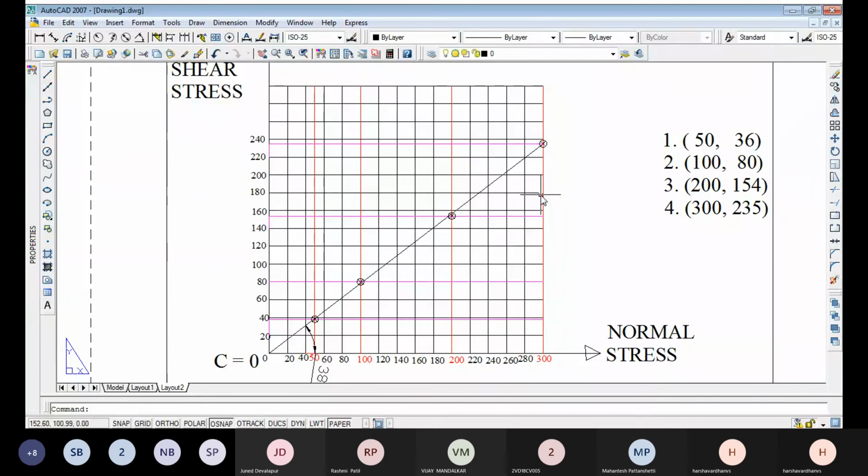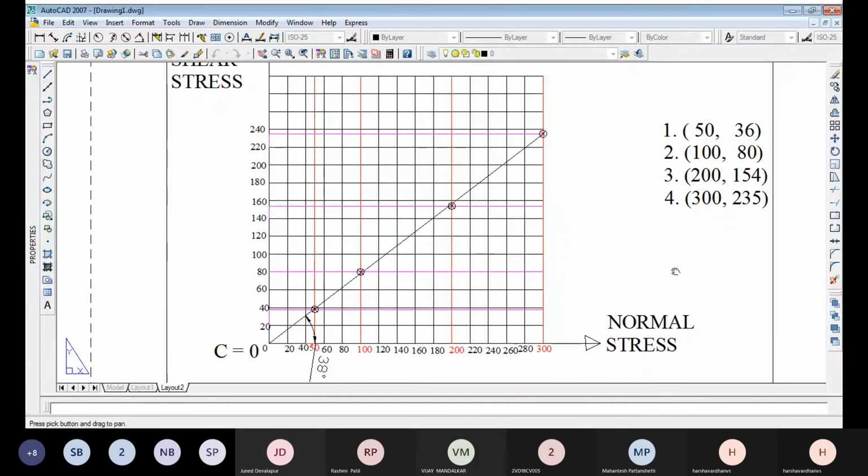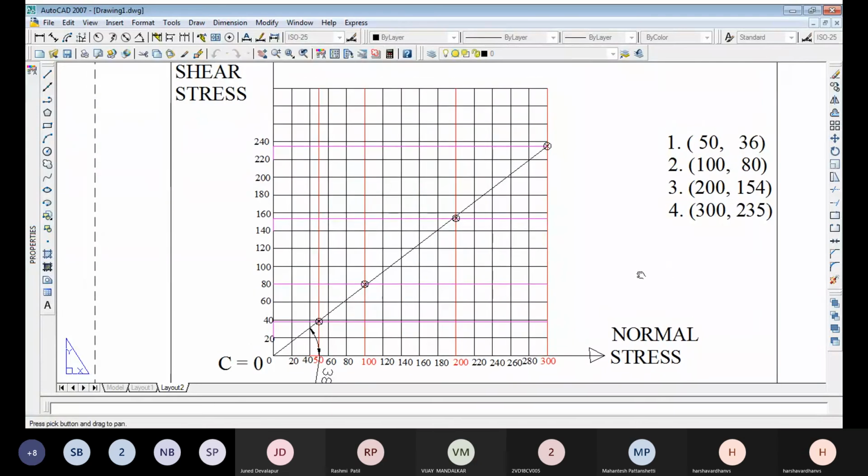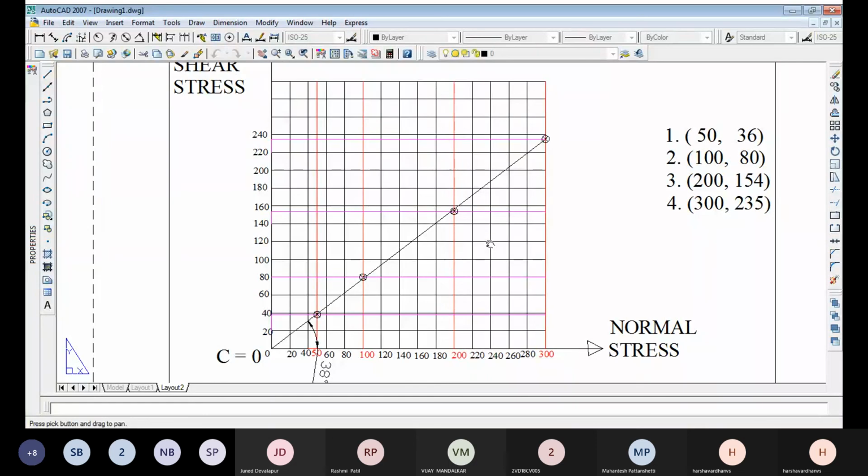Now because C is equal to 0, this particular soil is cohesionless soil. C is equal to 0. This is cohesionless soil, and I told you sand is not sticky. Sand is cohesionless soil. So we may say that this particular soil is a sandy soil because C is equal to 0. Or if you're performing direct shear test on sand, you will get this kind of graph where the strength envelope, or the failure envelope, or the Mohr envelope, is passing through 0.